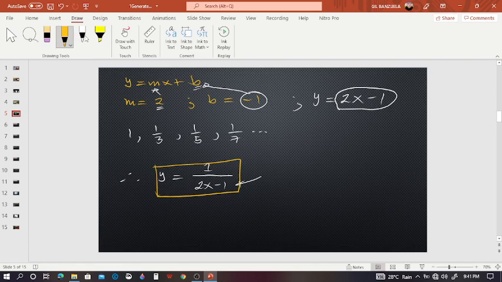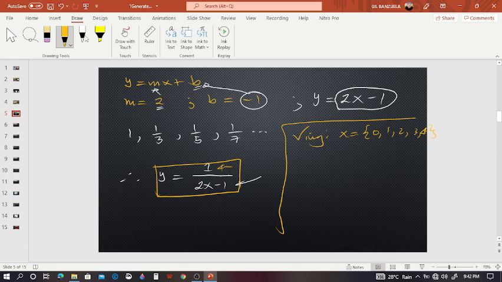So, let's do the checking. Let's check, guys. Again, we're just going to focus on the denominator, since we know that the numerator is always 1. So, what we have here is 2x minus 1. Our replacement sets are 0, 1, 2, 3, and 4. Okay? So, using that,